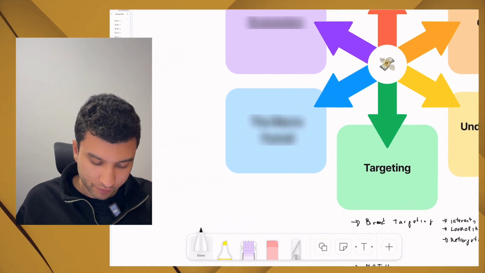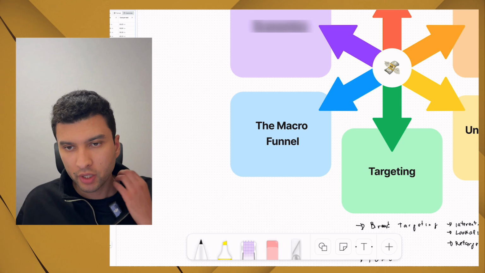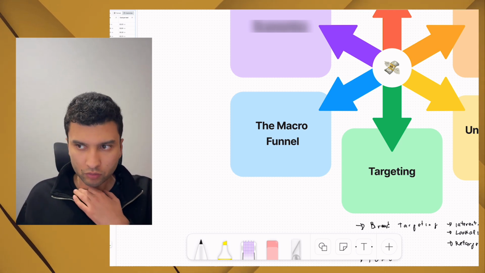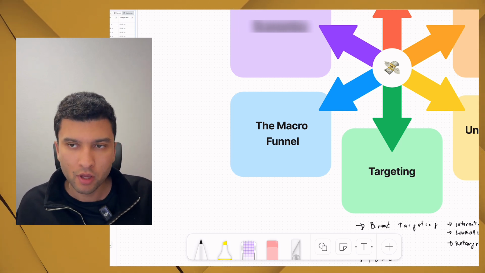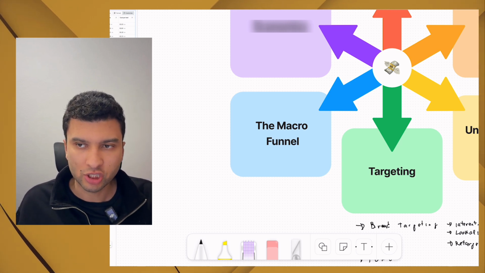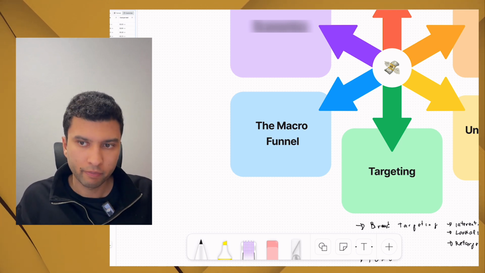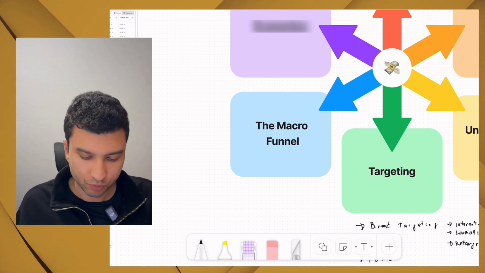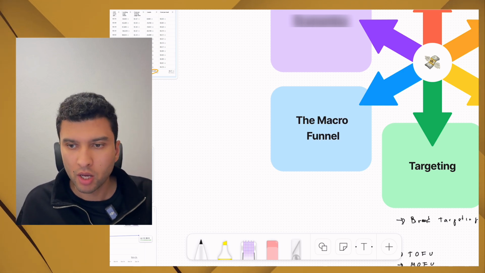Now, the fifth is what I like to call the macro funnel. What I mean by the macro funnel is that whenever I run a campaign, I have to look at the whole picture. Similar to understanding the data, you want to make sure that you're not solely focused on the actual ad, the actual media buying, but on the whole strategy as a whole, your whole funnel, your whole customer journey. Because when it comes to ads, you can improve your creatives, your ad copy, your targeting,